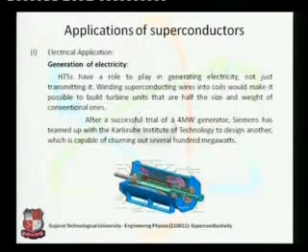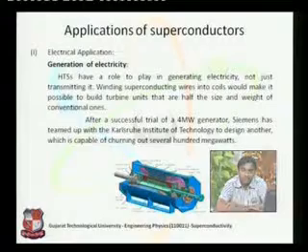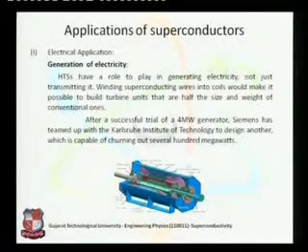We can say the constructive diagram for this kind of generator is given here. In that case, we can fill up the inner core part with liquid nitrogen, or such kinds of liquid gases, or liquid hydrogen also. So if we lower the temperature inside the generator, then the wire or coil made up of superconducting wire will be converted from the normal state to the superconducting state. They don't offer any kind of resistance, and it will generate pure electricity rather than generating heat along with that.